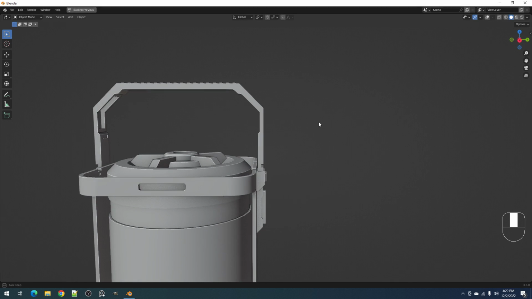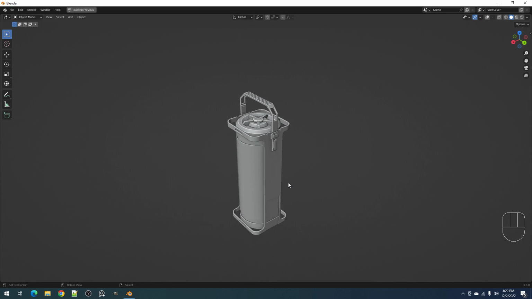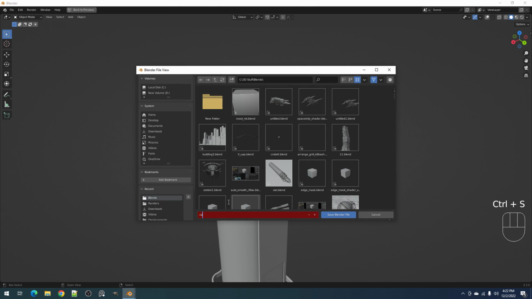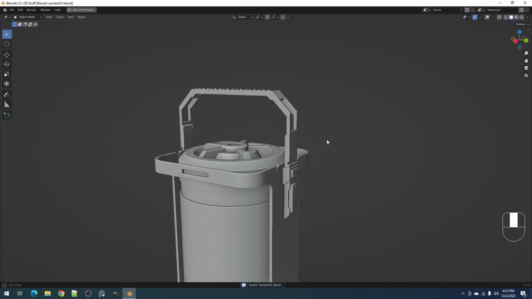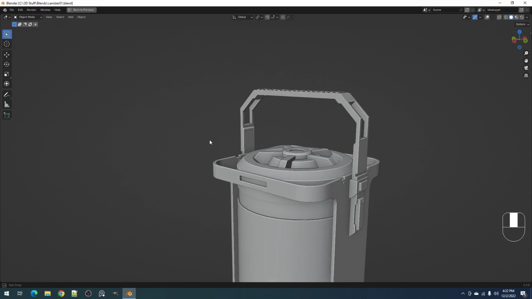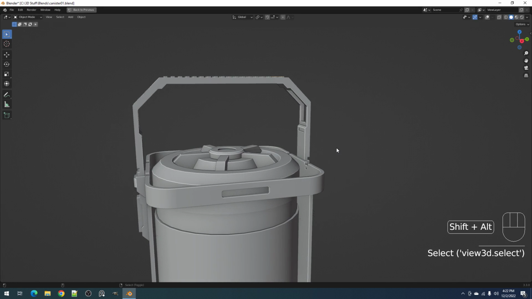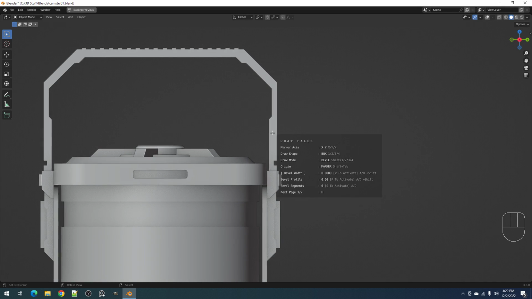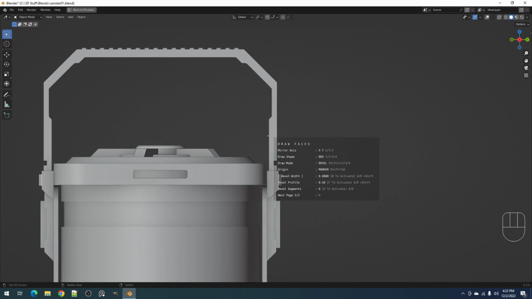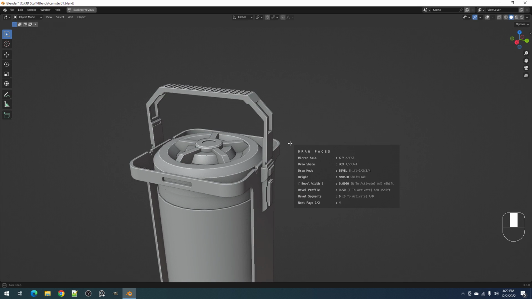So this is what I like about the... let's save this canister 01. What I like about the view-based drawing instead of using grids, you don't have the pinpoint accuracy of the grid system, but it is, I think, much faster because you don't have to set the grid up and you can just draw anywhere. Okay, so